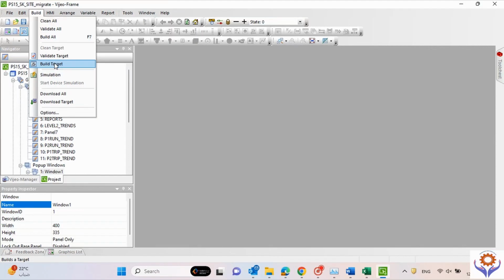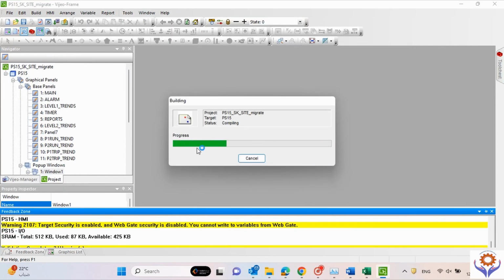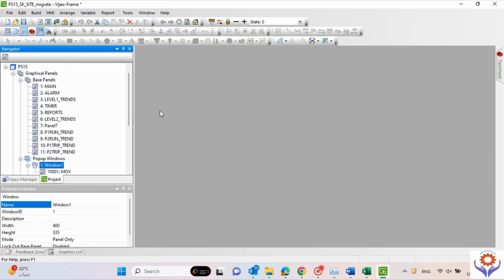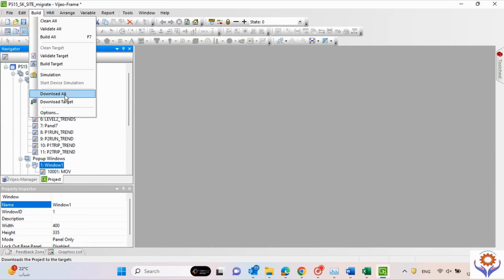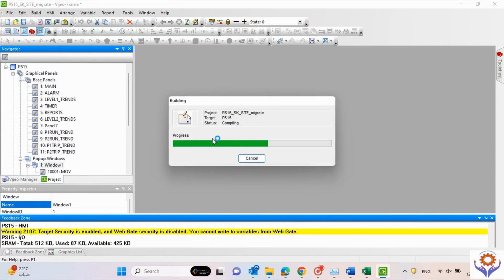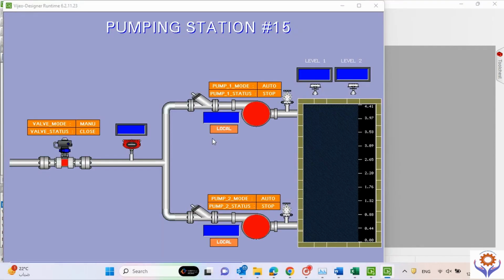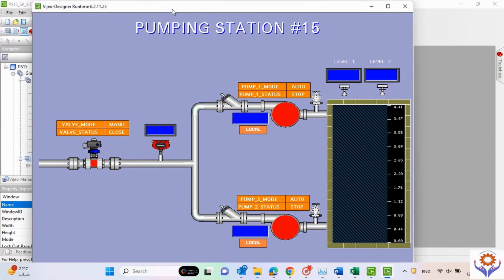Okay, if you make the build target, it is compiling and it is trying to build completely. Then you can go to your target. For example, if you already connected the HMI with your laptop, just click download, and it will ask you the username and password if you set one, and it will download directly. But in our case, I will select the simulation mode. See, it will open this page directly, and here, see, if I click the pop-up,